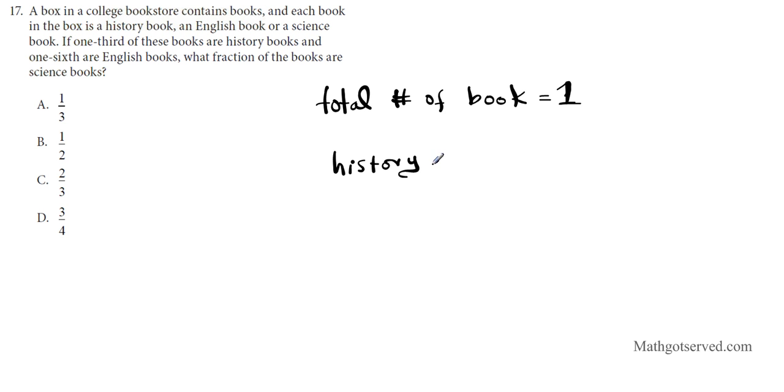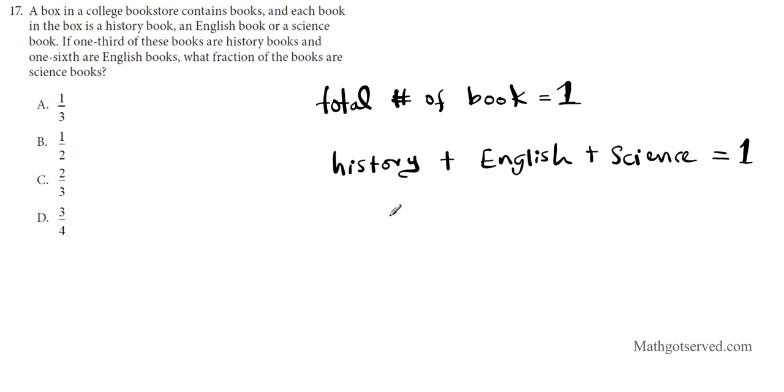So let's represent the total number of books as 1. Total number of books equals 1, just like one big pie, okay? So the number of each kind of book represents a piece of the pie, okay? So we have history, English, and science. We'll add history plus English plus science. I don't know why they didn't put any math here, which is not cool. If I add all those pieces of the pie, I'm going to end up with 1 whole pie. So let's represent each quantity with their appropriate fractions, and then we'll find out what science is,